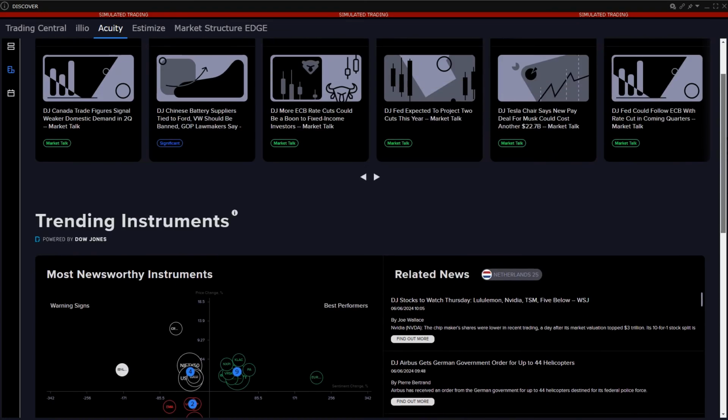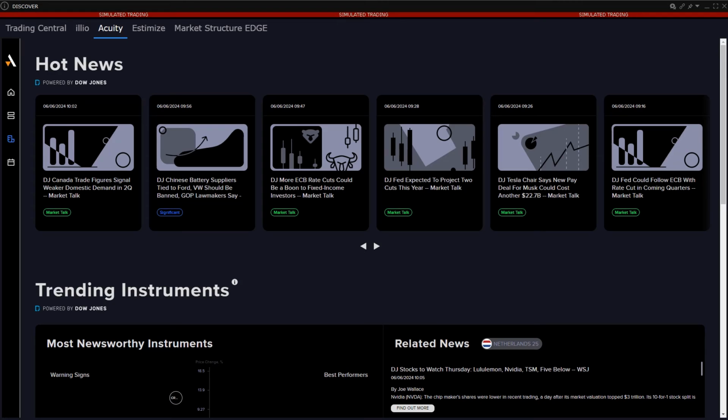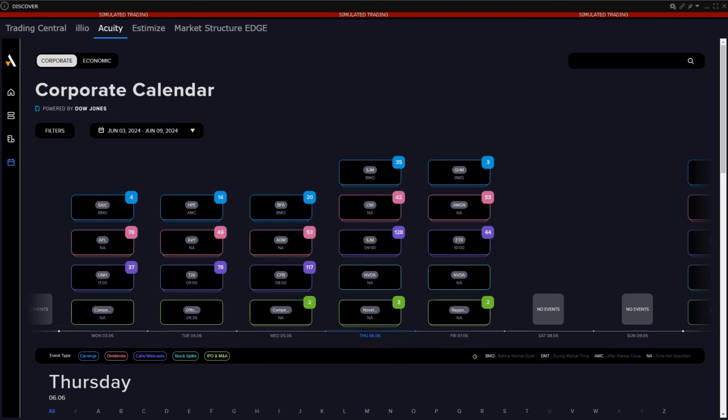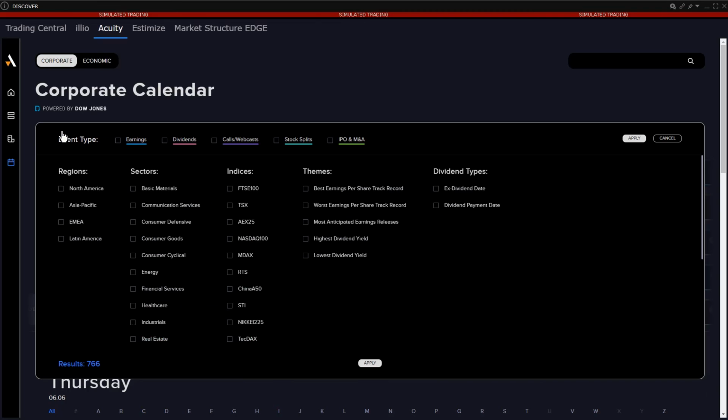The Acuity Calendar page is accessed by clicking on the last icon on the left-hand side. The investor can look at either a corporate or economic calendar by clicking the toggle in the upper left. The Acuity Corporate Calendar shows corporate events and can be filtered for the following events: